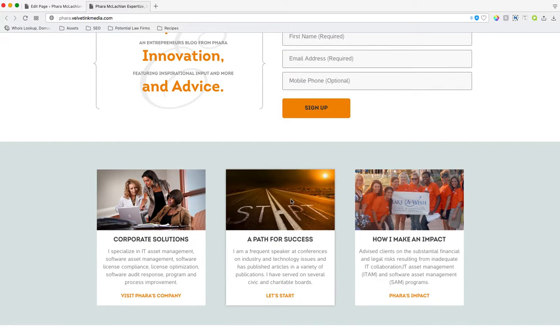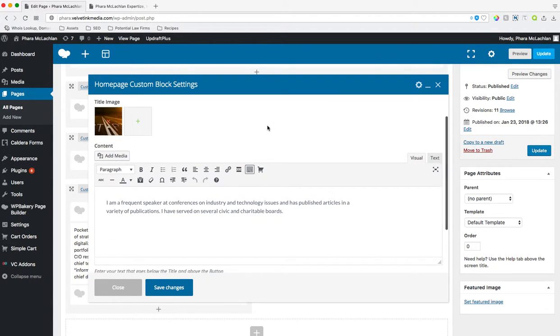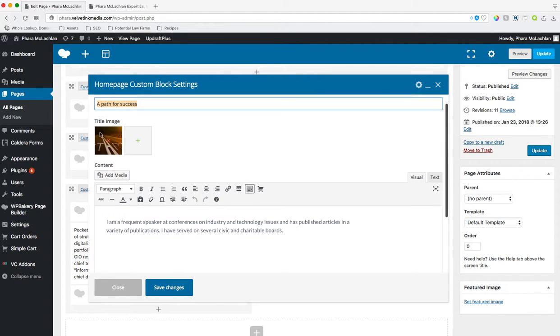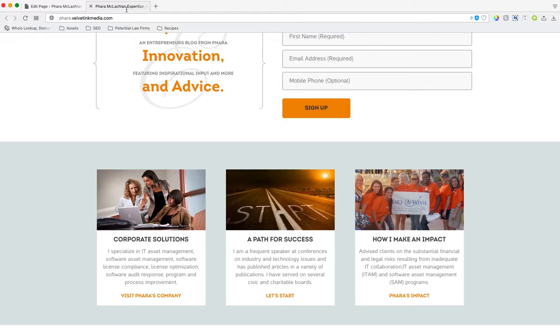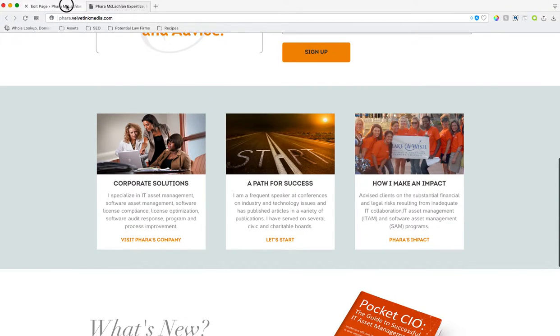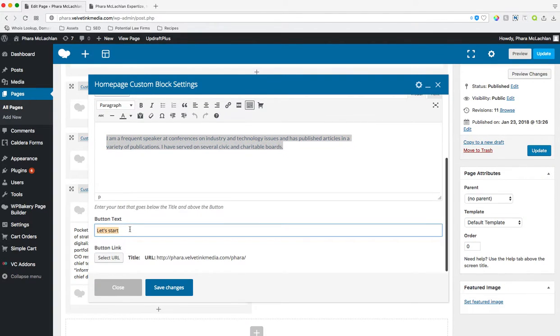It's overkill. You don't need it, and what ends up happening is you overload your website. Too much data's being used. Your website loads slowly, and that kind of thing. Okay, so then let's get back to it. So then we have the banner, we have the image. We have the text, which you can edit, which of course is this area, and then the button text. So we have, let's start, and just like the banner image, we have the URL that you can change